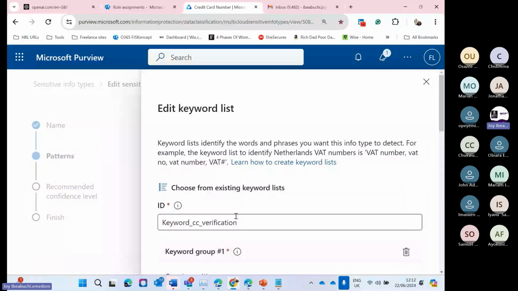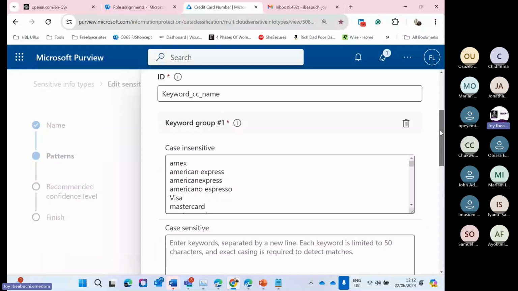So they're saying if that function exists, which is 14 to 16 digits using the pattern, and it still has all of this, then it should match this sensitive information type, right? So again, this is just going through what they have here as their own. You can see they've put MasterCard, Visa,